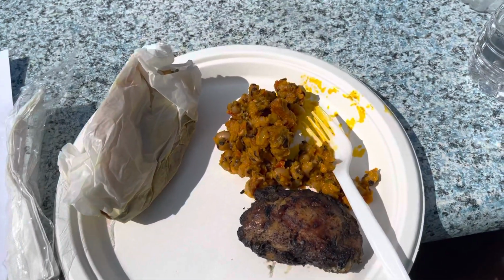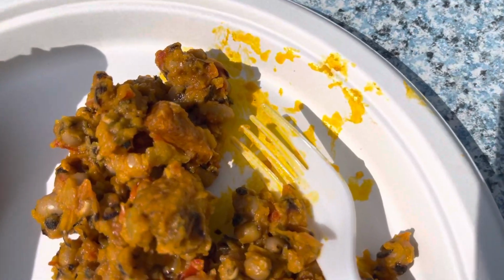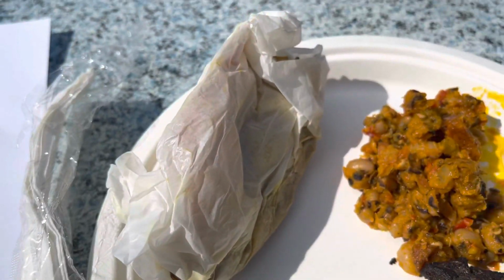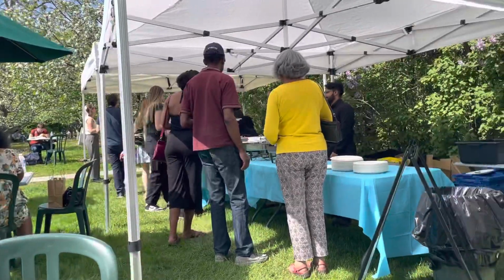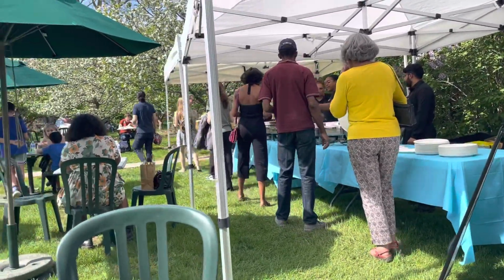So having some food. So that's the Nigerian beans with plantain, and then jerk chicken, and then doubles, and then folks are here eating, and there's a big lineup all of a sudden. Really busy here at